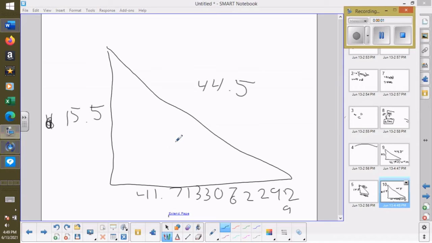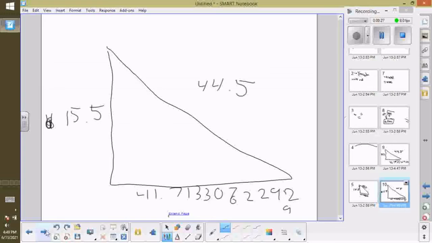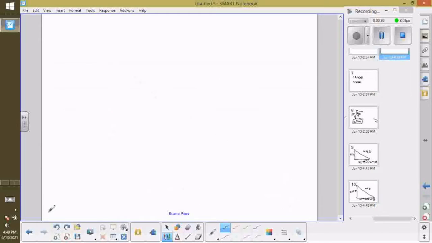All right, for our first ramp, we have a ramp that is 15.5 centimeters tall and 44.5 centimeters in length. Obviously, we will convert to meters when necessary. So we start with this first formula, and that requires us to take the inverse sine,